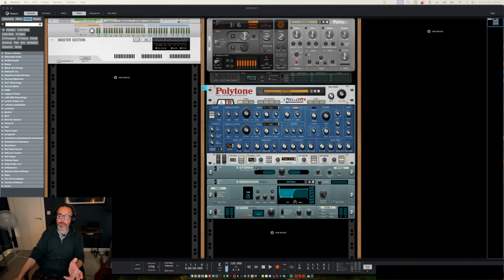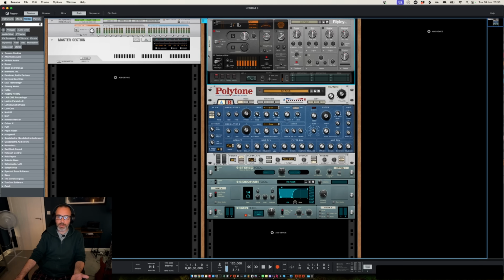I will say I think they're fantastic devices. They look great, they sound great, they've got that premium first-party Reason Studios feel and sound to them. And arguably, you could say that the Polytone is easily like a £90 synth. Ripley is probably pushing up towards 50, 60, 70 pounds worth. The utilities, maybe 15, 20 pounds each. And then you're up to the upgrade price. So you can explain the cost of the upgrade just on the devices alone,